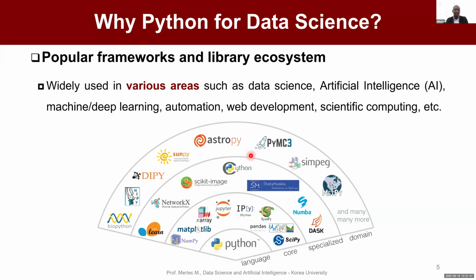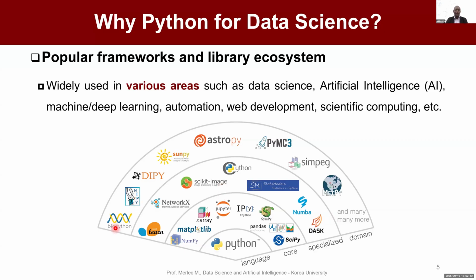You also have other frameworks like Cython, which is used for integrating C programs to be run by the Python interpreter. You also have scikit-image, which is for image processing. You have a huge number of frameworks which are built on top of the Python